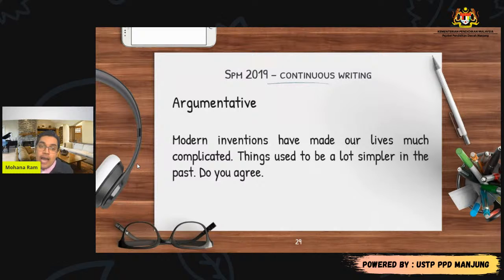And this one is also argumentative. Always remember, if the question says agree, you can agree, you can disagree, or you can agree to a certain extent. Then you say, I agree only up to this part. There are some parts that I do not agree with. Okay, you can do that. So there are three things. In your first paragraph, when you start your essay, just like I have shown you in the directed writing, in your introductory paragraph you have to state clearly whether you agree, you disagree, or you agree to a certain extent. All right, that is argumentative.